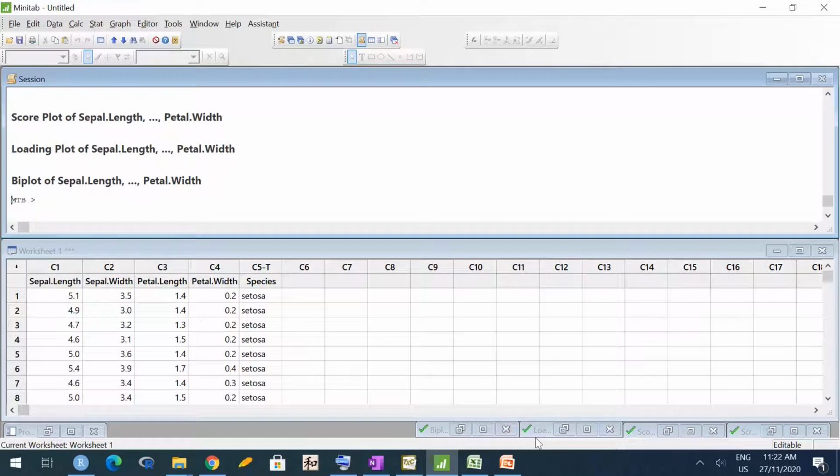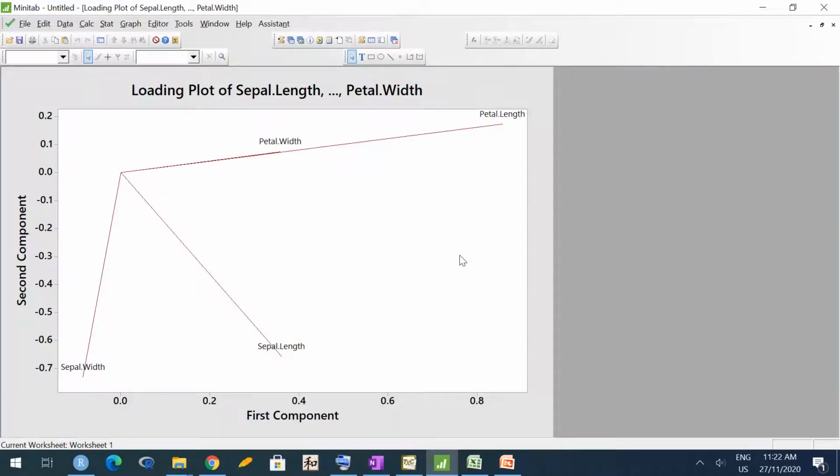Now let us go to third graph, that is loading plot. Okay. Now what are the things that we interpret from this loading plot? First thing, you can see petal length has the largest line, we will say arrow, there is no arrowhead, so largest line segment. So the length of the line segment in this graph is actually proportional to the variance of that variable, which is proportional to information content of that variable. So petal length has highest variance, hence it has largest length. Petal width has lowest variance, hence it has smallest length. Okay. You can compute variances of individual variables.